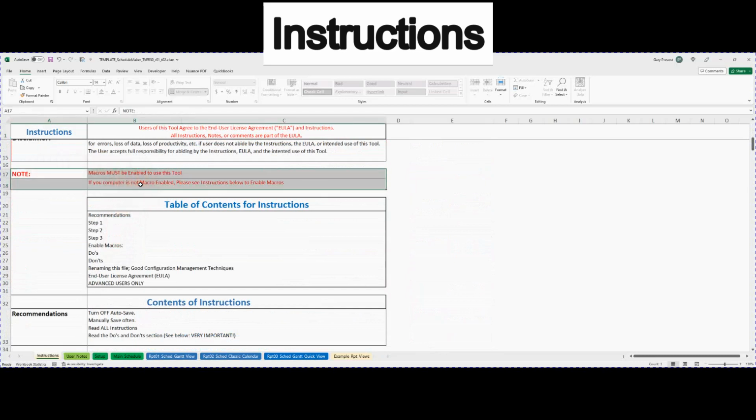This is a Microsoft Excel tool where you must have macros enabled. Further below, there's instructions for this, and you may end up receiving additional instructions which are more detailed. But the instructions here, if you follow them, should get you to enabling macros. It's all point and click, 5 or 6 steps, and you're done. The table of contents for the instructions